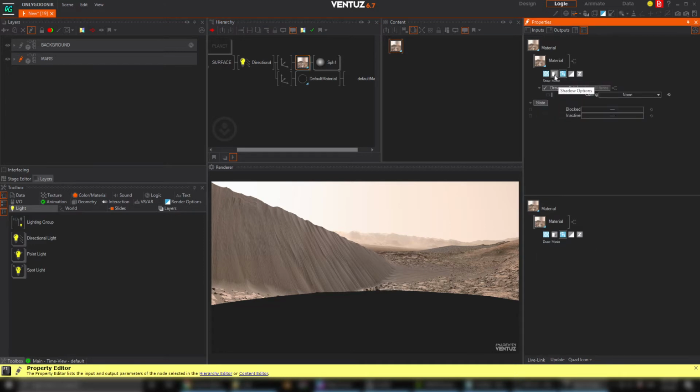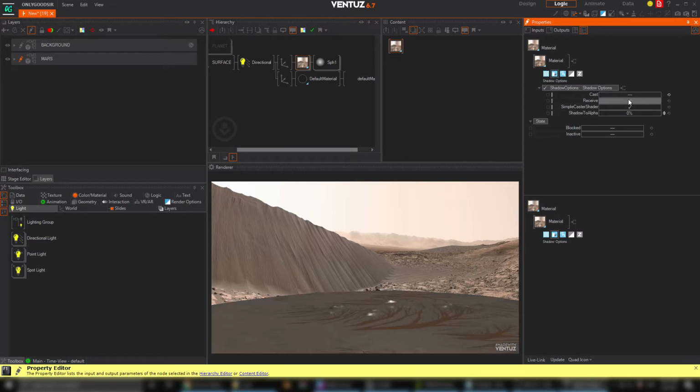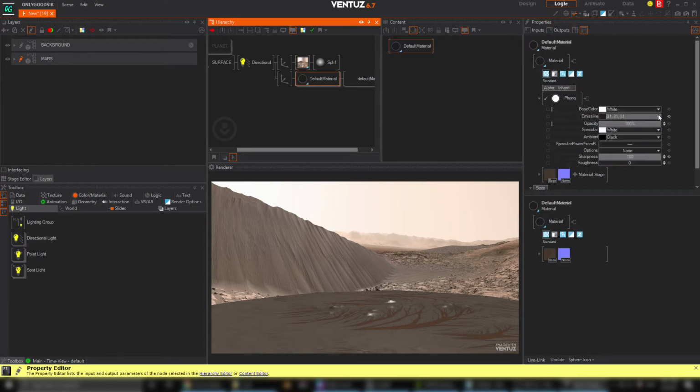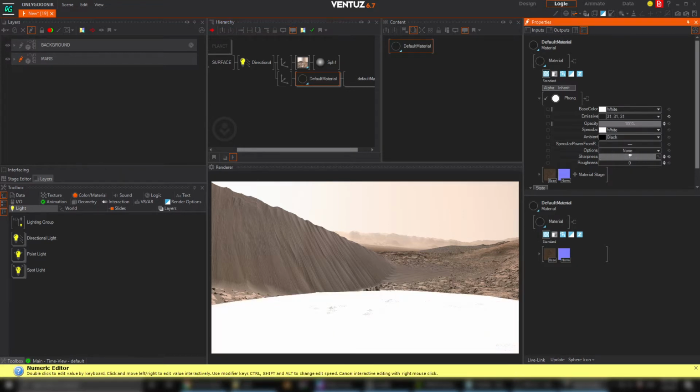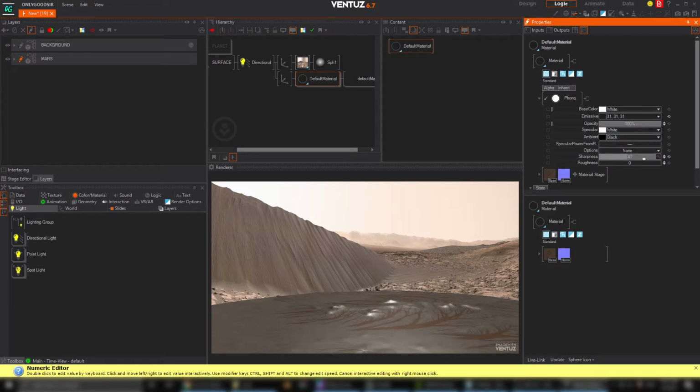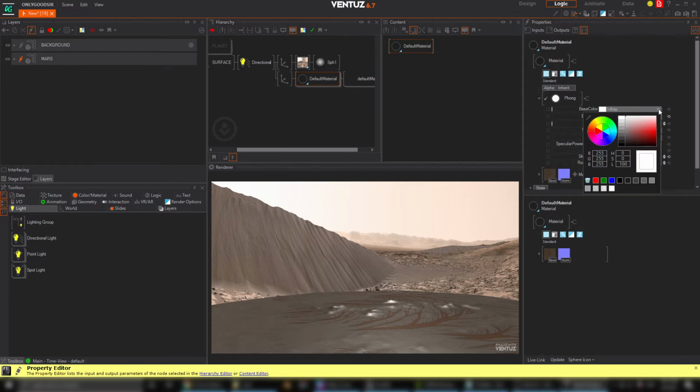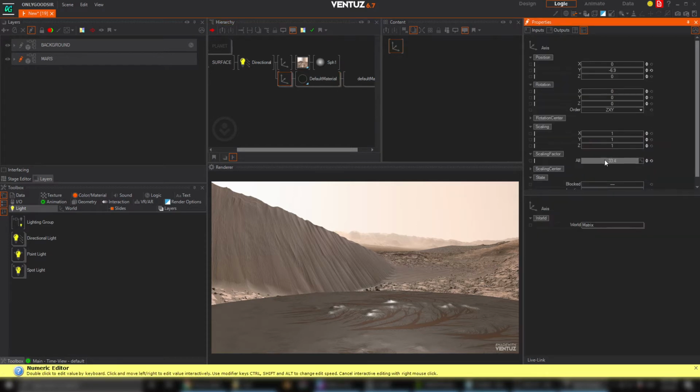Under draw, next shadow options, where it says inherit, change it to shadow options, and you could say cast or receive, and you can turn those off. So if you don't want it to receive a shadow or cast a shadow, you can change that, which is a nice feature. Okay, and then you can maybe change that color a bit or tweak it, scale this,